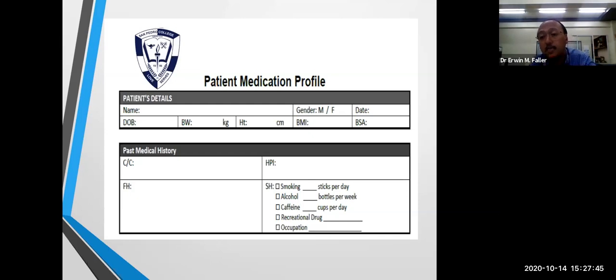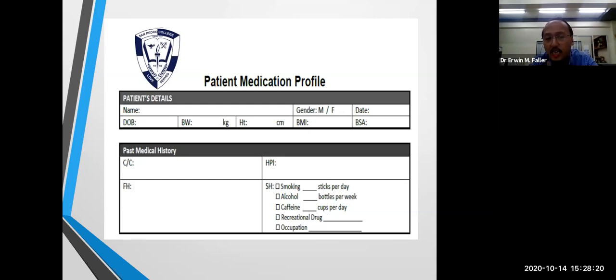as mandated by RA 10918. So I have developed this patient medication profile, looking at demographics: the name, the date of birth, the body weight in kilograms. The height in the Philippines is sometimes in inches, but we can convert that into centimeters. How? By just using Google, or a calculator. If you have an internet connection, you just put it in Google, and voila, you have your result in centimeters.